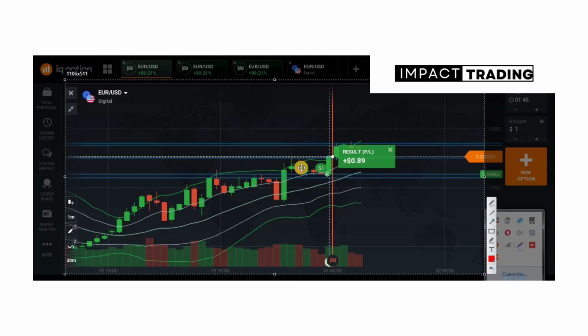So after this candle, I saw this candlestick coming up with a low volume, lower than this previous weak candle. Now this is my clue to trade. If you can see this candle,